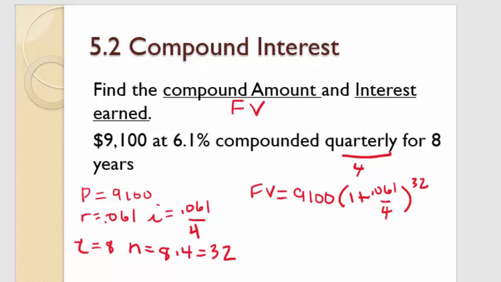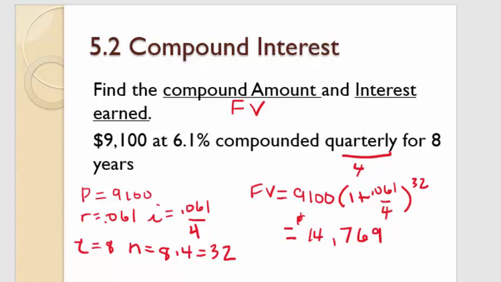So put this in your calculator and try calculating it out on your own. Put 0.061 divided by 4 first, and then add 1. Raise that to the 32nd power by using the y to the x key, and then multiply that by 9100. When you do that, you should get $14,769. So the compound amount, the amount you have at the end of the term, which is 8 years, is